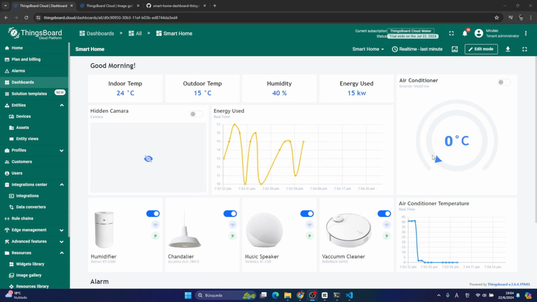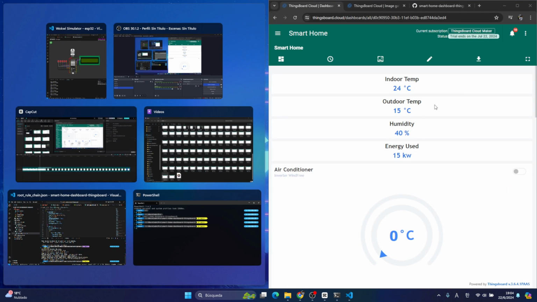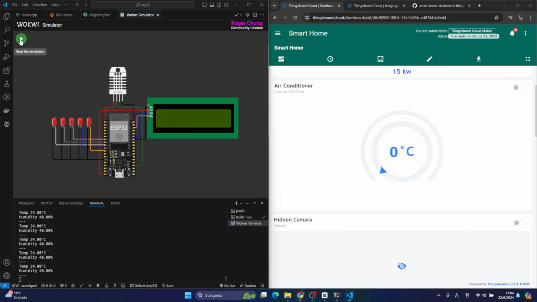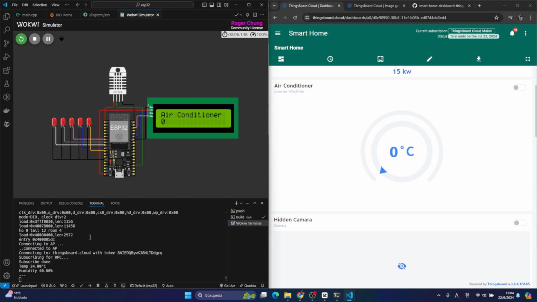Okay, let me simulate this custom widget and how it works. I will go to our simulator and put our widget components in here. I will start the simulation. Our device ESP32 is connecting to ThingsBoard and then sending some telemetry values such as temperature and humidity, and trying to bring the state from the device. Okay, we already have this state, and then if I try to change the state for device number 5,